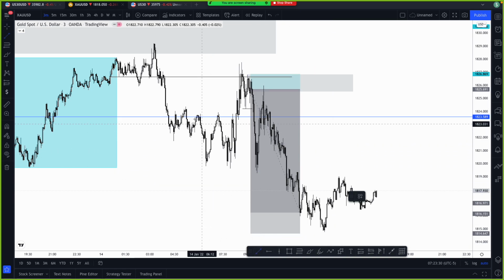I'll take the entry. But in terms of, let's say, if you wanted to take a snipe entry, it's the same logic, my bro. Liquidity, BOS, and we grab liquidity on top.